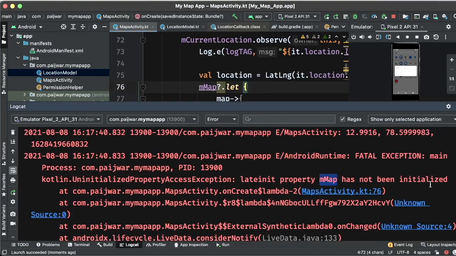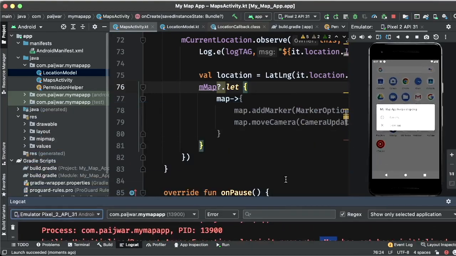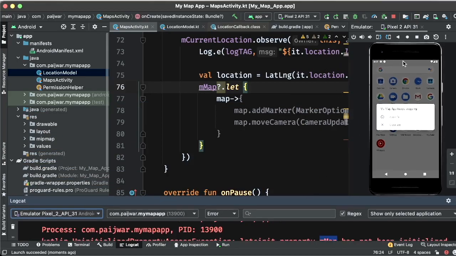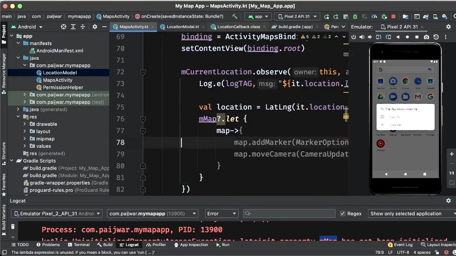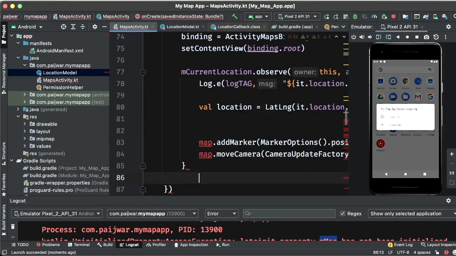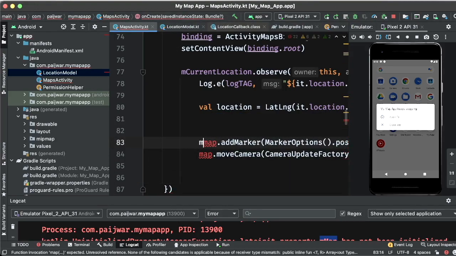And map has not been initialized. Okay, so I guess we need to set up this whole path after the map got initialized. Otherwise we will keep on getting the error.